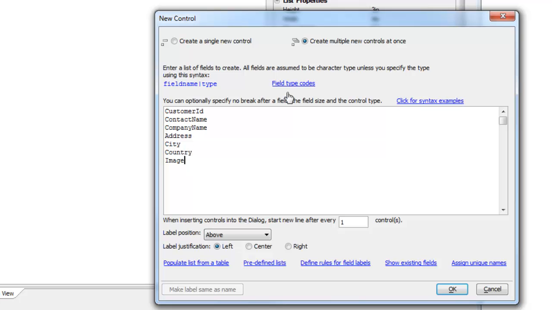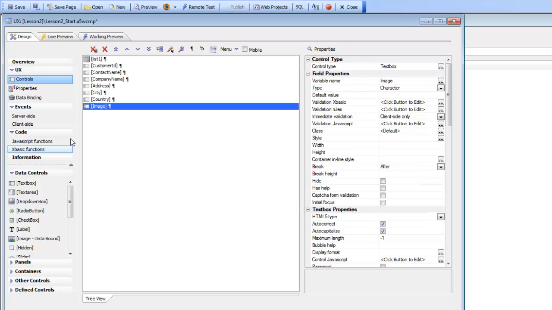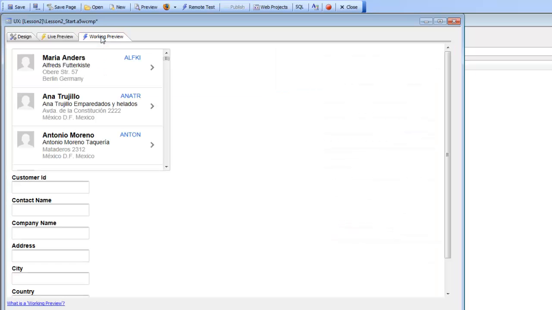So we're going to just leave all of these other selections in their default, but you can see here that this is saying that the labels for each of these controls will be above each control, and the label justification will be left. So let's go ahead now and click OK, and that's going to add these new controls to our component. And then we can go ahead now and go over to working preview,